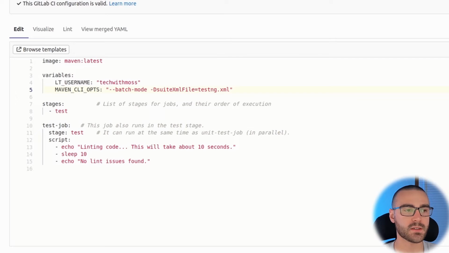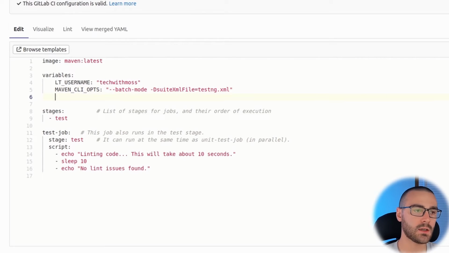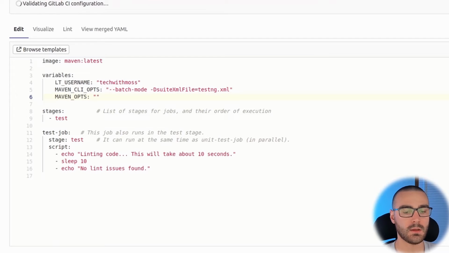Finally, we'll specify a Maven options variable. Here we're going to specify the local repo is equal to, and then I'm going to use a predefined environment variable, CI_PROJECT_DIR